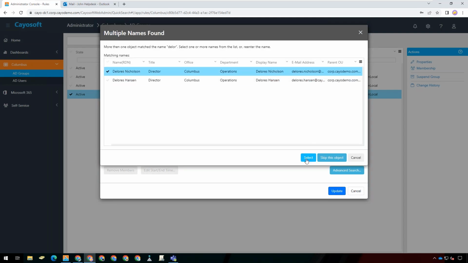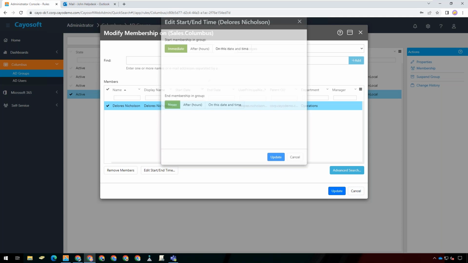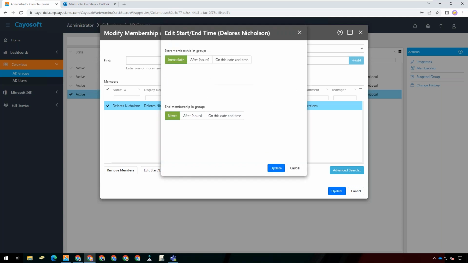And pick her. And now she's in this list. Also note that we can and do support start and end time. So if this is something that's a temporary request, maybe for a change activity or a consultant or a contractor